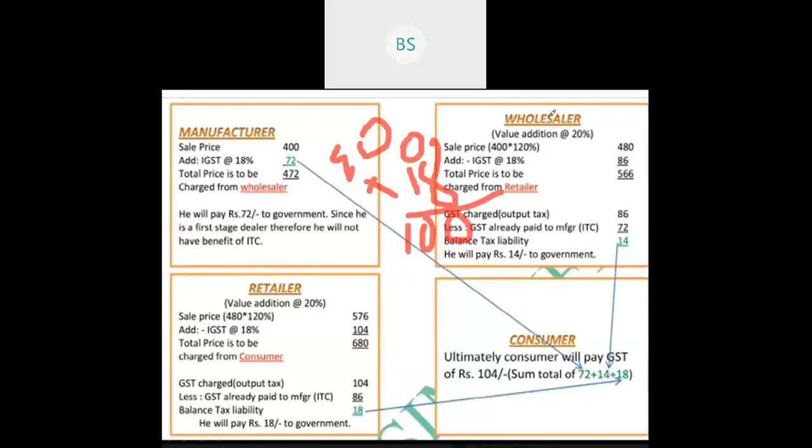So what will the wholesaler do? He knows that he bought the article, he purchased it for 472. Now he will do a value addition of 20%, meaning maybe some charge for bringing that product from one place to another, maybe he has paid some fare, and also he needs a profit. He has to add some profit also, no? So he will add 20 percent.